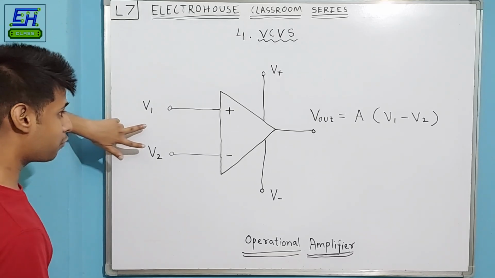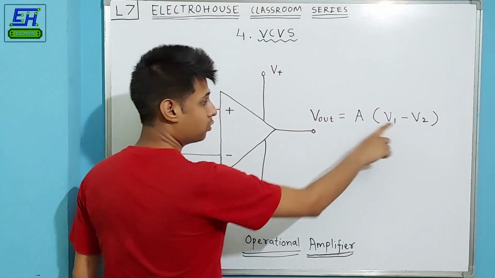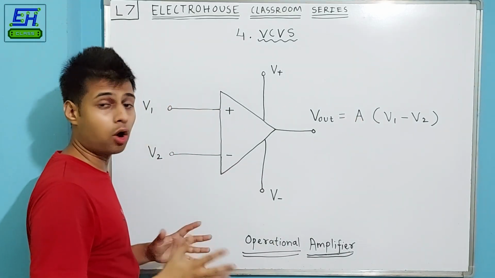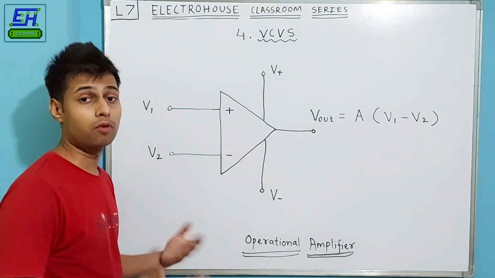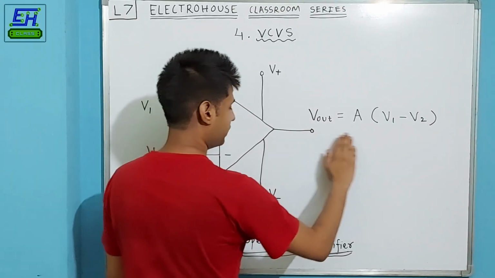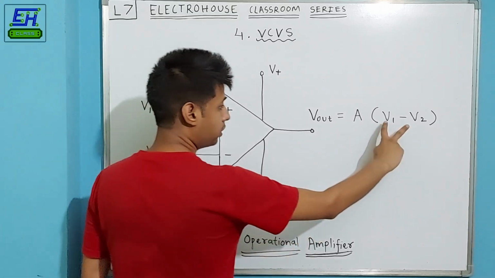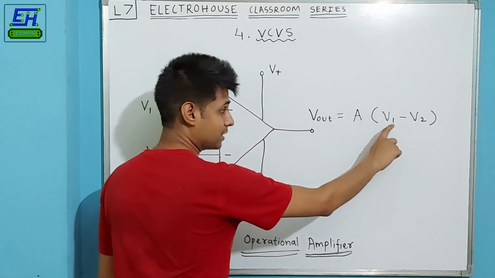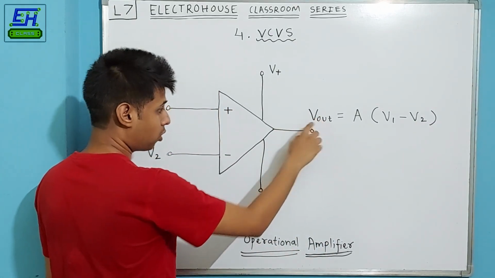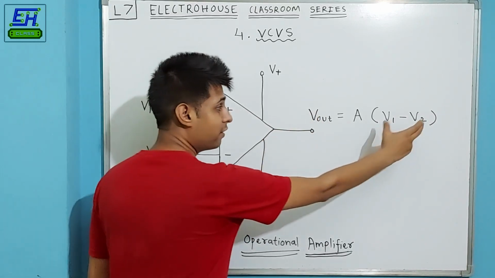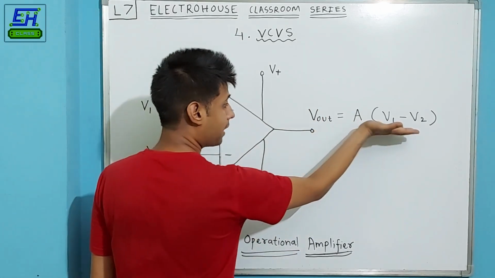By applying these two input voltages, we get an output voltage Vout, which is actually A into (V1 minus V2), where A is basically the open loop gain of an operational amplifier, and V1 minus V2 is nothing but what we can call the differential voltage, or the difference in voltages. So in this simple equation, we can see that A, the open loop gain, is a constant, and the only quantities which are variable are the voltages, V1 minus V2, which is the differential voltage. So ultimately we can see that Vout, our output voltage, is controlled by a difference in the input voltages, or you can say simply that it is controlled by an input voltage.